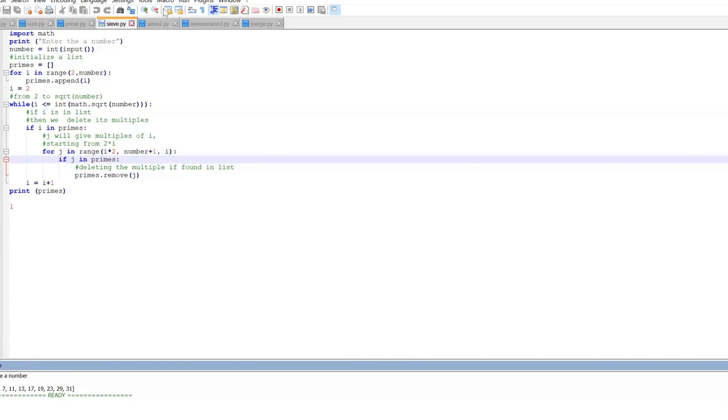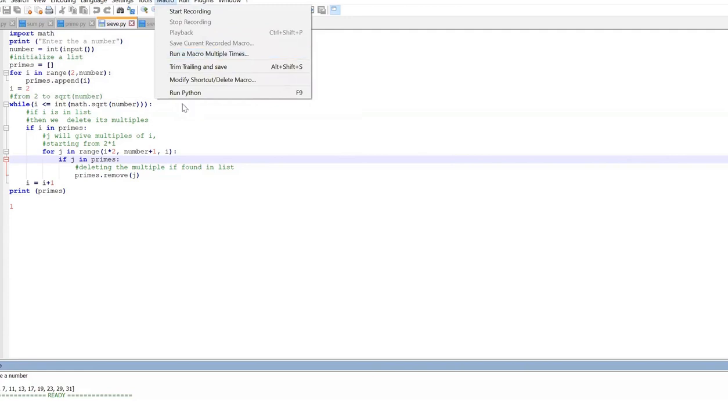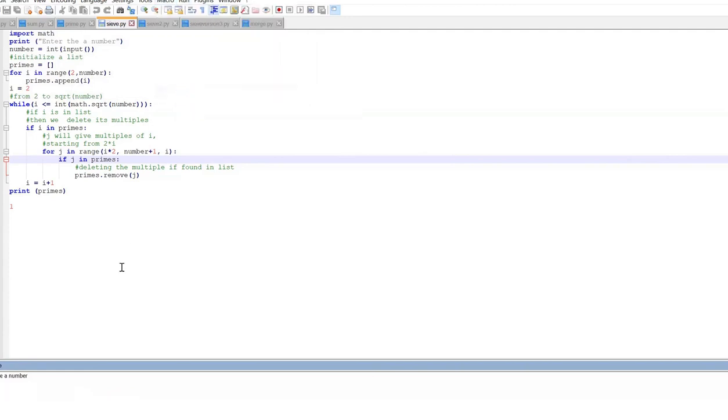We will give one more input. We'll run again. It's asking to enter the number, that is the limit up to which we have to run. Suppose I give a number like 100.